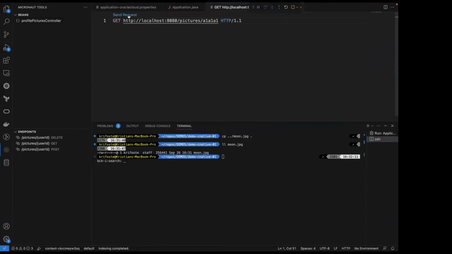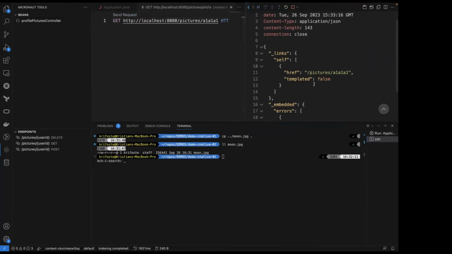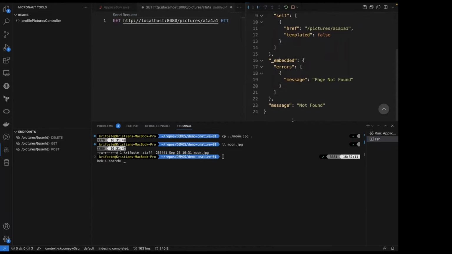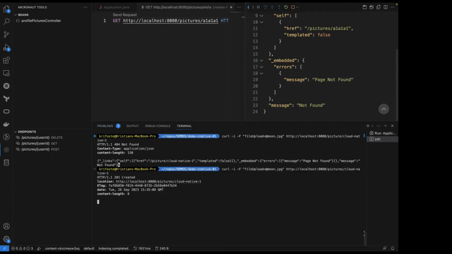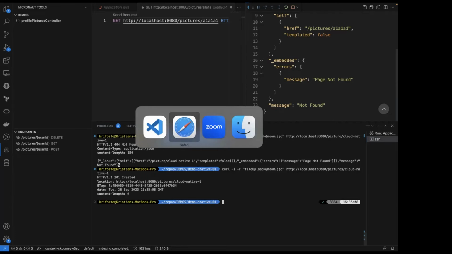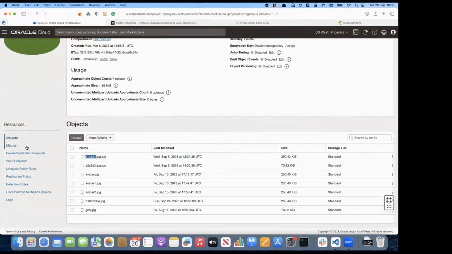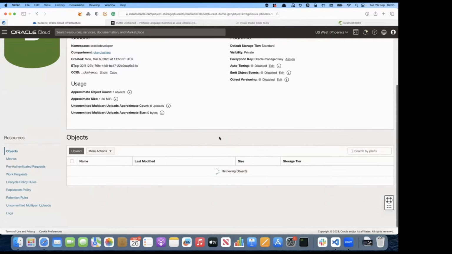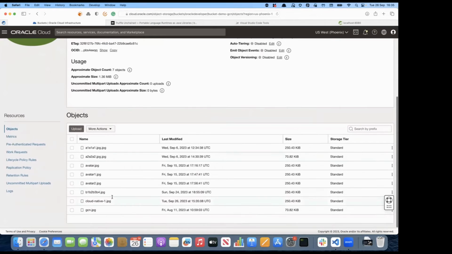So hopefully, right, okay, content created. Now if we go to the bucket and refresh it, we should see that our file has been uploaded. We could also pull that image back down.